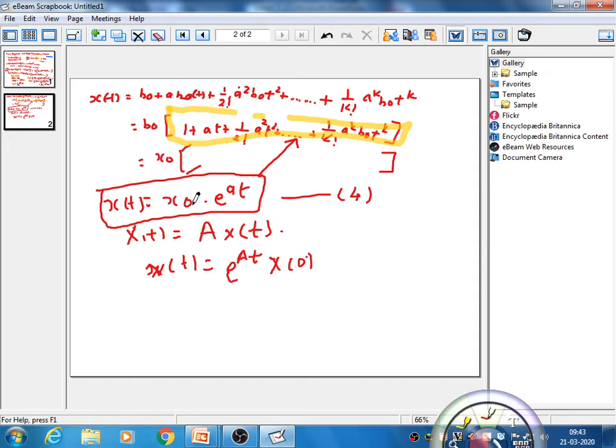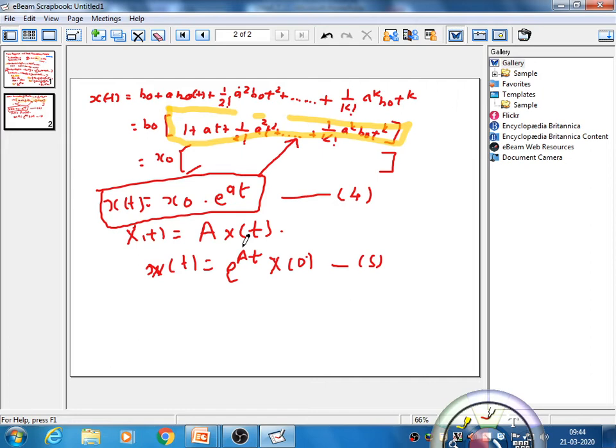This is the final equation we are getting for the solution of any state equation in scalar form. Here we can't use a matrix, so this is the scalar form, and if you want the matrix form you have to follow this formula. I am considering this as equation number 5 also. This is the main concept of x of t, in which we have an unforced response. The input is not given in our circuit, so we get this.